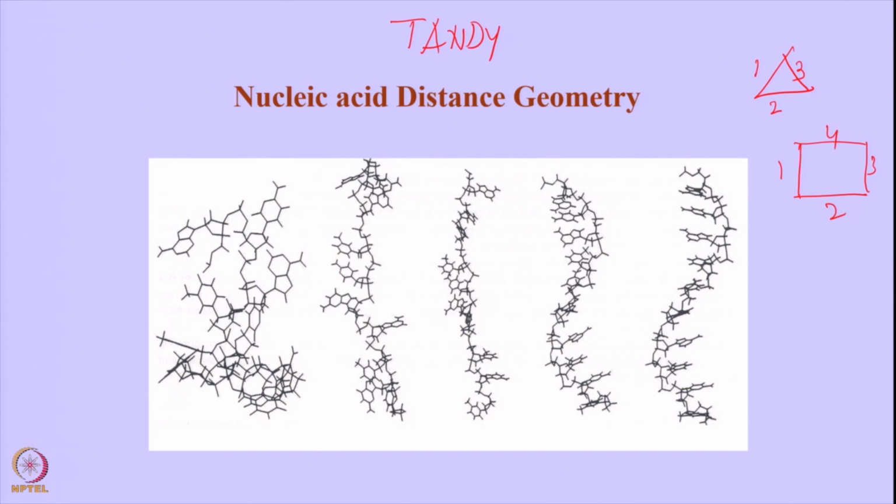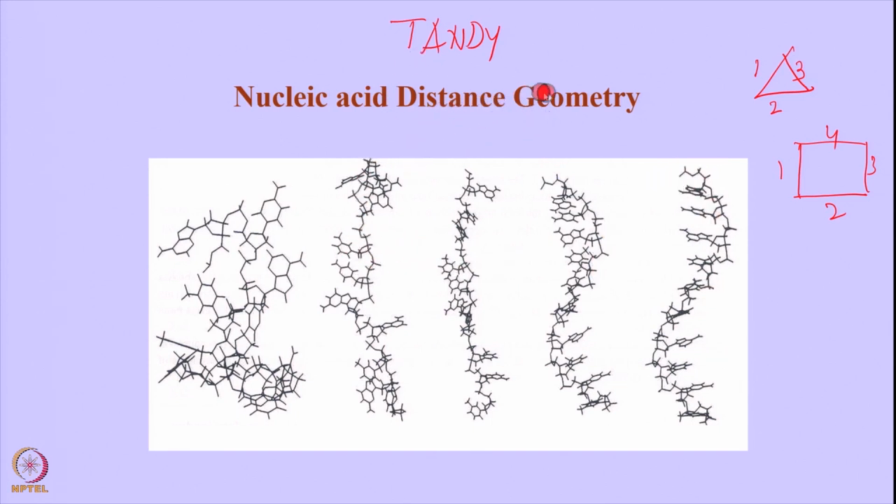So you start from a particular structure here. This is a very random structure. These are not necessarily energetically most favorable. Some kind of a random structure you have for a particular molecule. This is the 12-mer DNA sequence here, okay, and then you put in the constraints and allow the molecule to